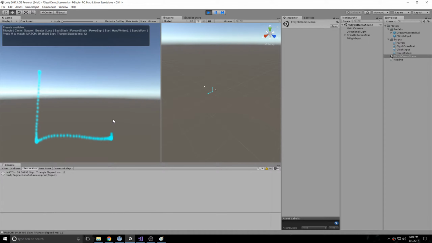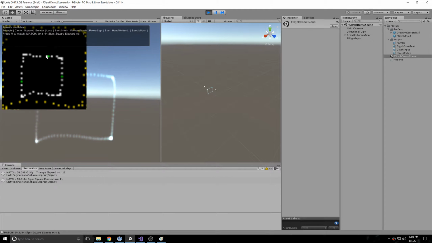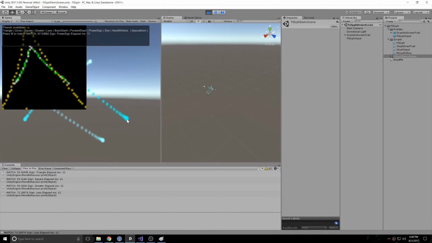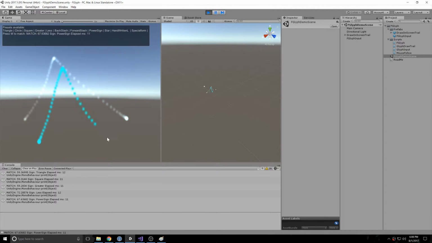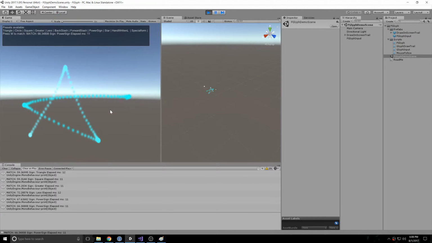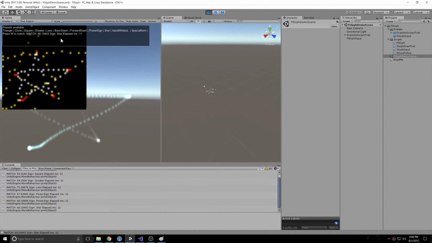You can also draw squares, you can also draw signs, greater in this case, less, the power sign. I think you can also draw a star if I'm not mistaken. That's one ugly star, and it did not get matched as a star because I'm terrible at drawing, and that was a star. You can also add any kind of preset you want, and you can do that by pressing